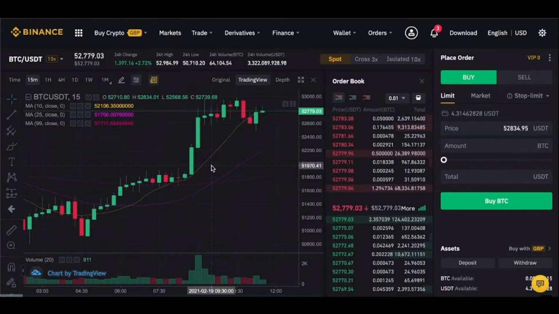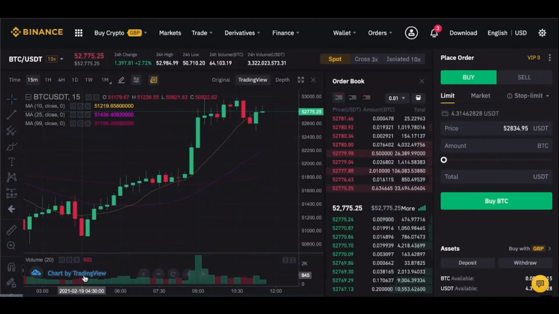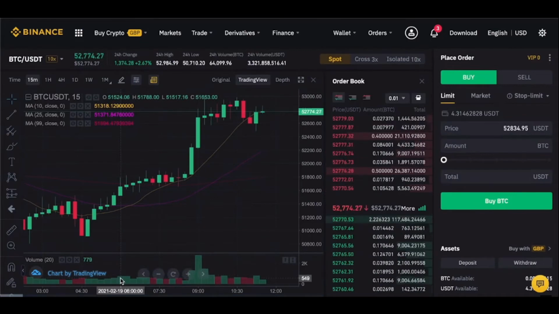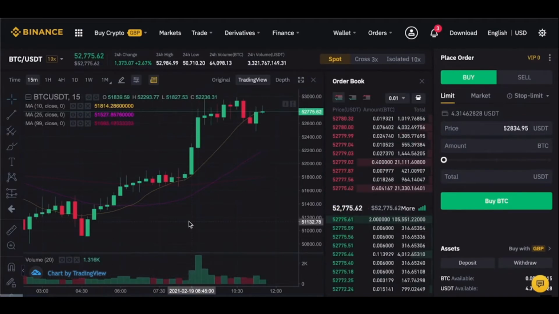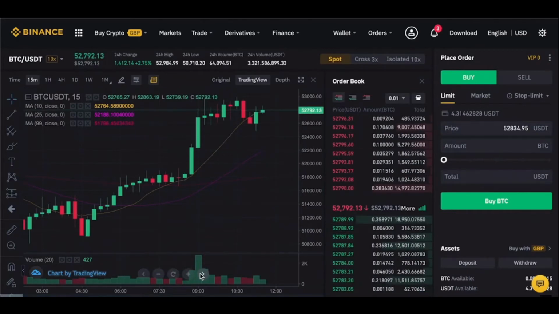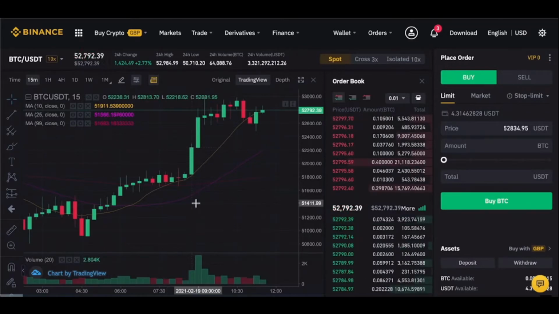You can actually see volume in the chart down here, and it is also a really big thing that professional traders use way more than amateurs. They look at trading volumes. It's super important. Trading volume gives you a confirmation of the move. You can see this move right here in green. It's a really good move, but it's also backed by incredible volume, and that means there are many buyers coming